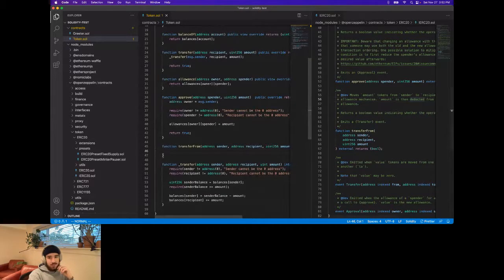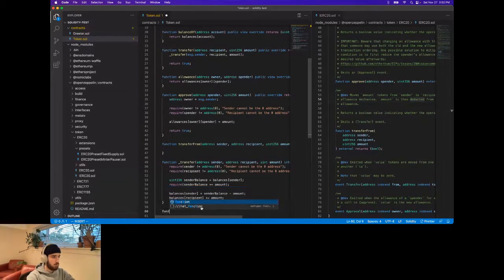Now that we have this internal transfer, we can call that in transfer. What's our next step? Sorry. We're also going to make an internal for approve. We're going to want to update the approval amount after we use it in transfer from. So we're just going to do the same thing. Go function approve